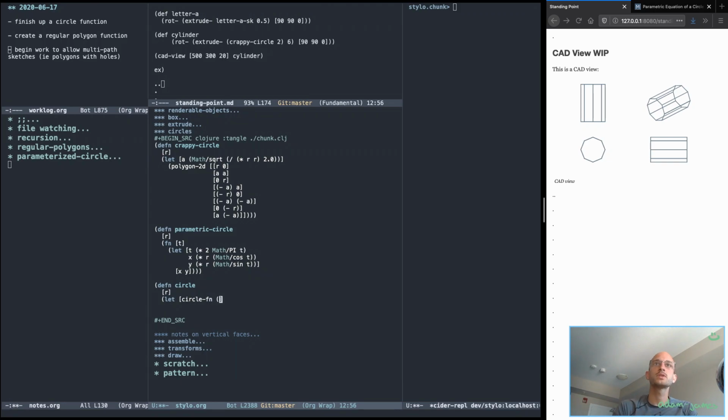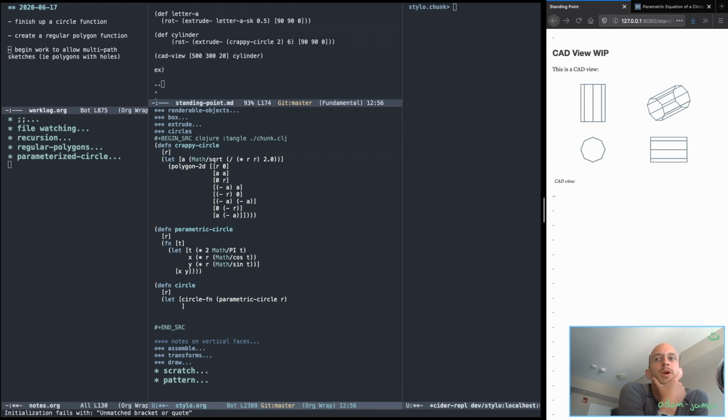Circle function is going to be parametric circle of the radius that's passed in there. Then actually all I need to do is use that parametric function to produce for me a list of points, and that's actually very straightforward. Well, I can just show it here. So that's the circle function,